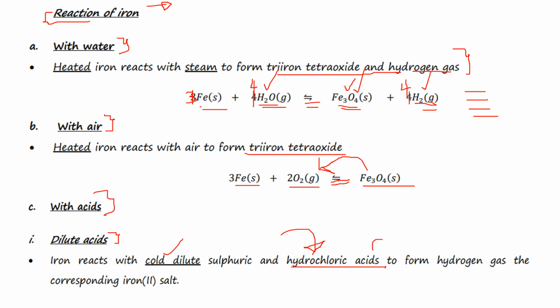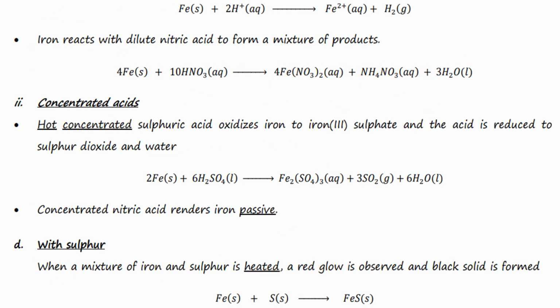I say hydrochloric acid because hydrochloric acid is a non-oxidizing acid both in its concentrated and in its dilute format. So when it reacts with dilute sulfuric acid and both concentrated and cold dilute hydrochloric acid, it forms hydrogen gas and then the corresponding iron II salts. Let's look at the general equation that can represent that. So in the general equation, you're simply going to say that iron as a solid reacts with any of the dilute acids, cold dilute sulfuric acid, or both concentrated and dilute hydrochloric acid, forming iron II salts